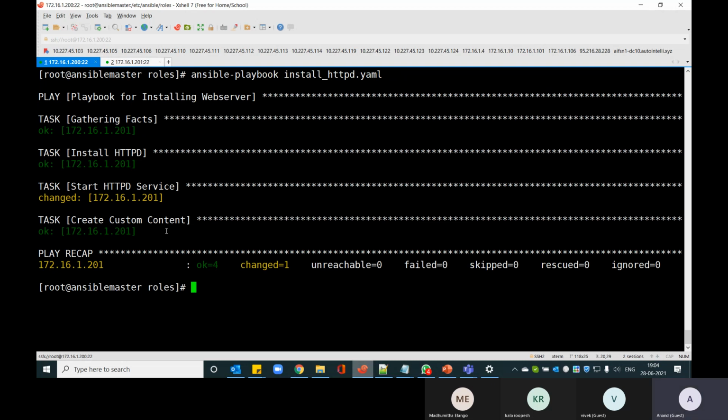So it was down, and it changed the state back to started, and it says I have changed one particular task alone. This is how you can manage multiple different servers and their configuration state, of the application, the server, the directories or the packages on the servers, everything centrally through Ansible.